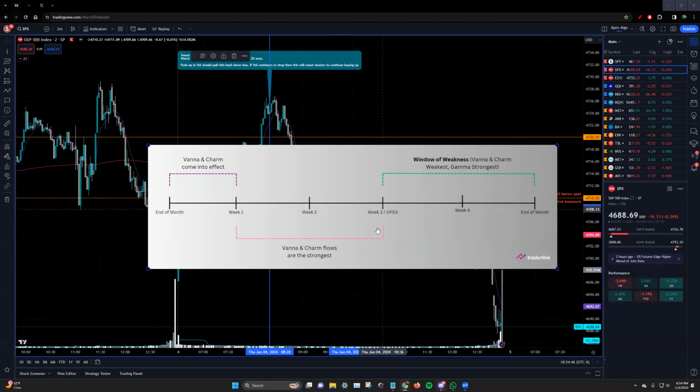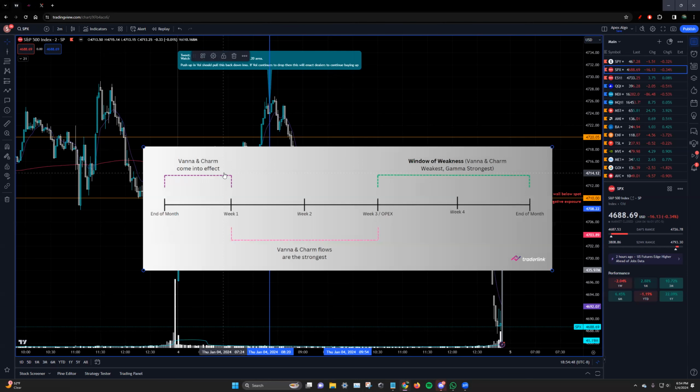Can you explain that flow like this? Yeah, so okay, the first week of the, okay, so the main importance of this is